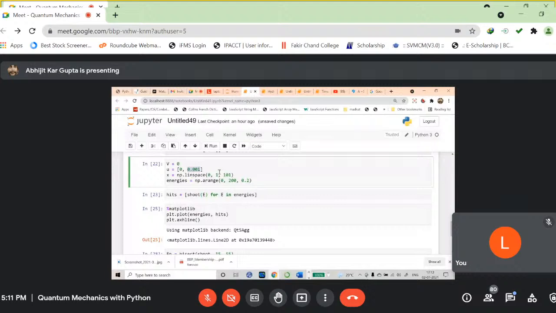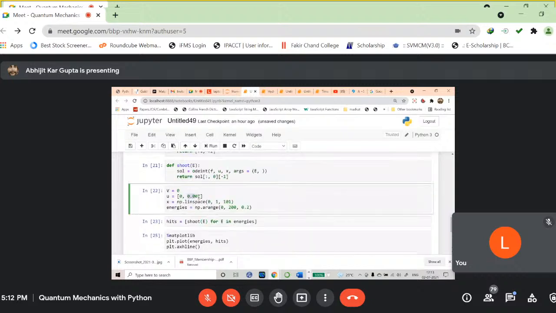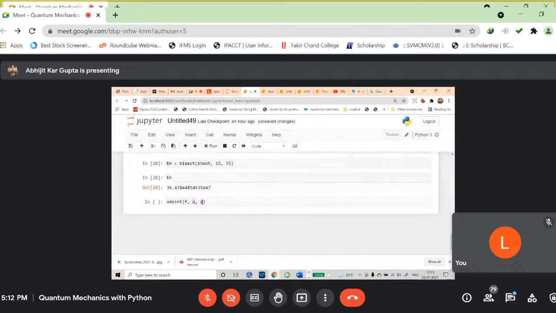But the program and the numerics, whatever it is, will not care much about this. You can see for yourself that you can give very many different kinds of values, plus or minus, as long as it is not very high or very, very low, something close to 0. It will not care about this guess value, but you have to give some guess value, otherwise you cannot start. So ux, and now you write ox